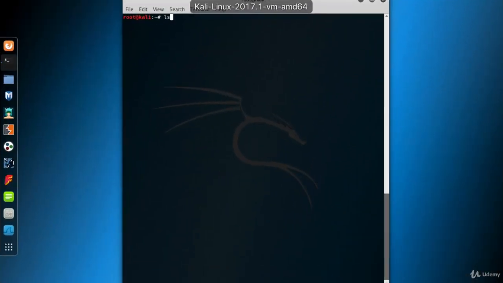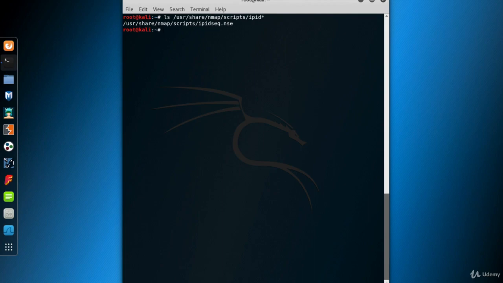To be able to perform an idle scan, we first need to have a zombie computer on the network which has incremental IP ID sequencing. Hopefully we have an Nmap script to help us find a computer appropriate to become a zombie. I know the name of the script starts with ipid and put a star now. Here's the script,